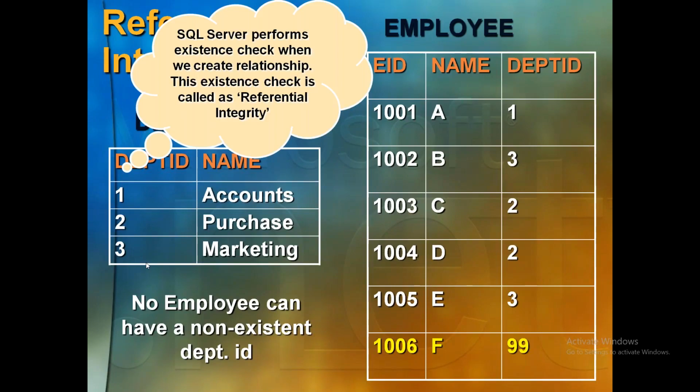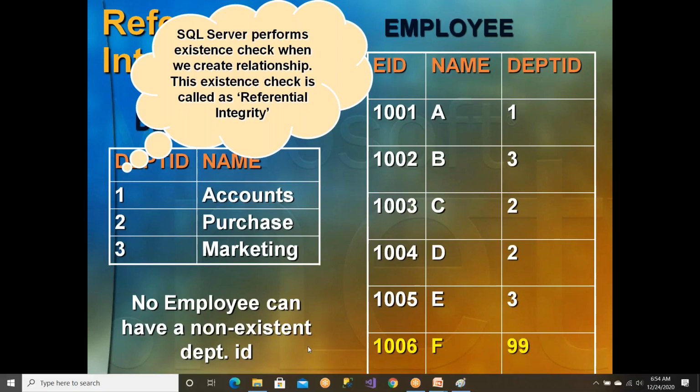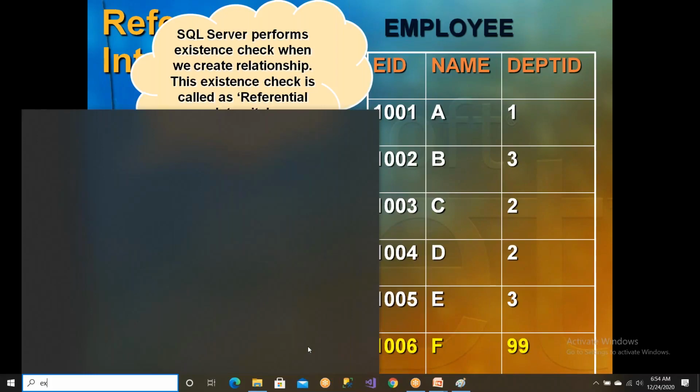Remember this point. When you get a foreign key violation error, that means whatever value you're giving here is not existing in the primary key table. That is what you need to remember forever. This is a common error that you're going to be getting everywhere. Clear? So now the entire row gets deleted. Now, I want you to understand